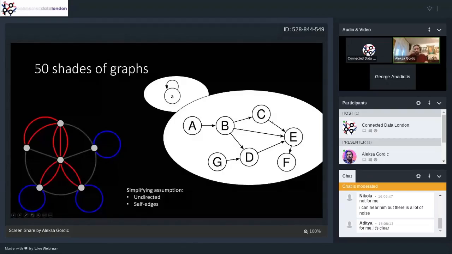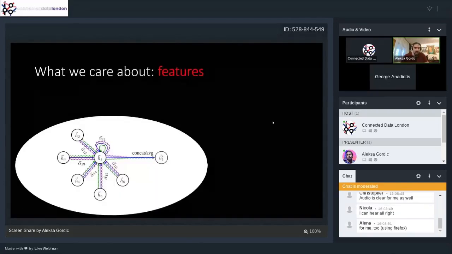And basically, I want you to understand that if you start reading research papers in GraphML, there are a lot of simplifying assumptions, and I notice people asking questions like how to apply this to directed graphs, how to apply this here and there. Usually people just take the simplest case and assume that graphs are undirected and that they have self-edges. And we'll be using that same assumption throughout this video, although I won't be getting into any heavy maths, so that's totally fine.